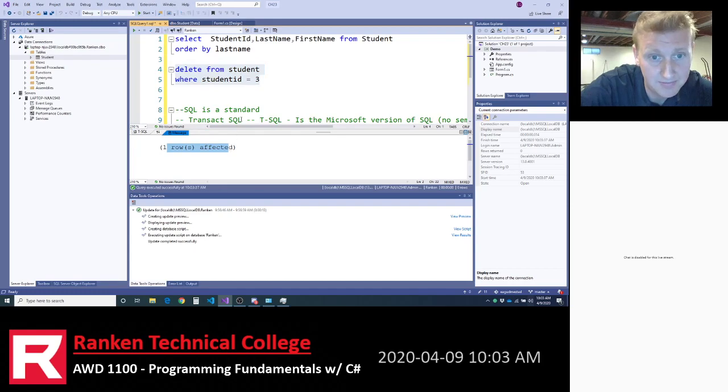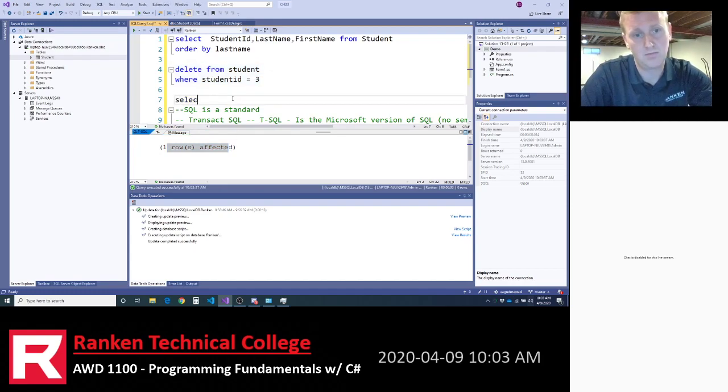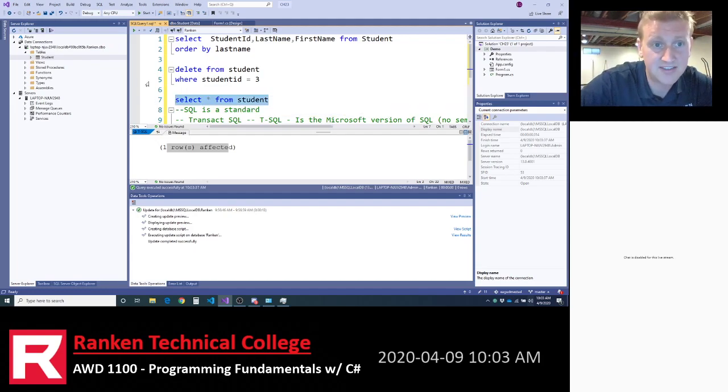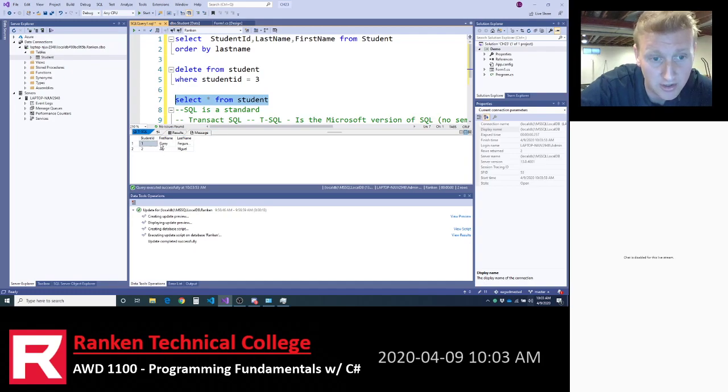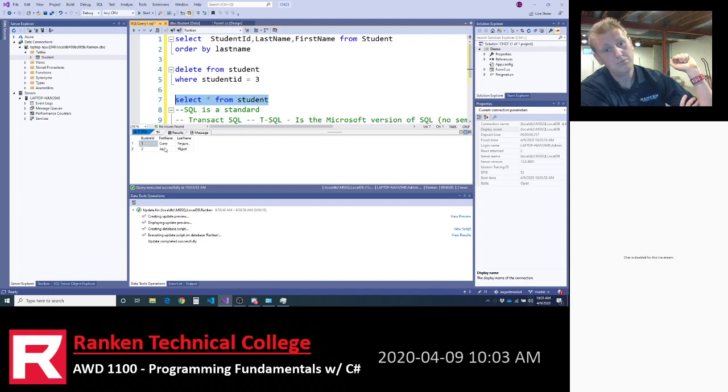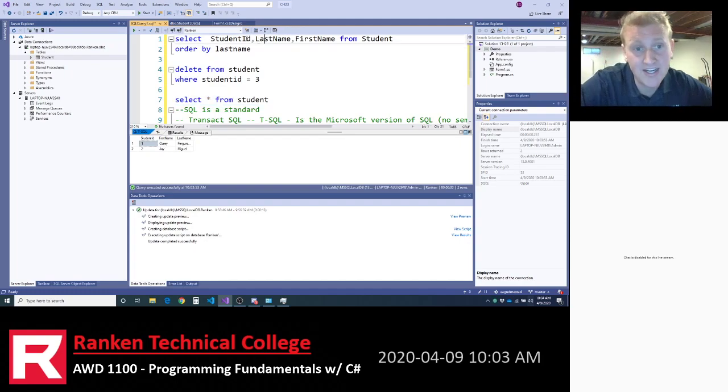One row affected. You can execute one at a time just by highlighting. If you highlight it and you click execute, it's only going to run the highlighted code. So now when I select star from student, you'll notice I removed Jennifer. So we can read, we can insert, we can delete, we can do all of our CRUD operations with our SQL.